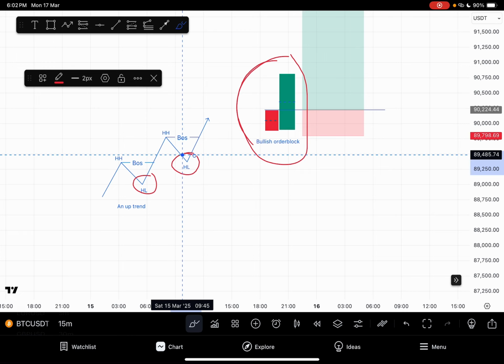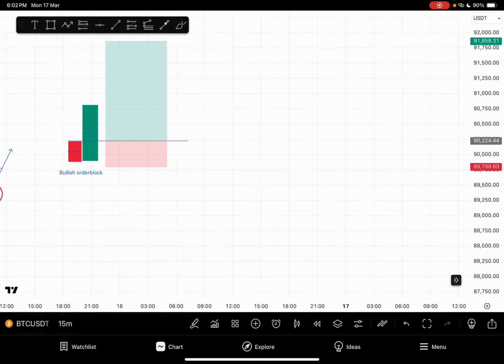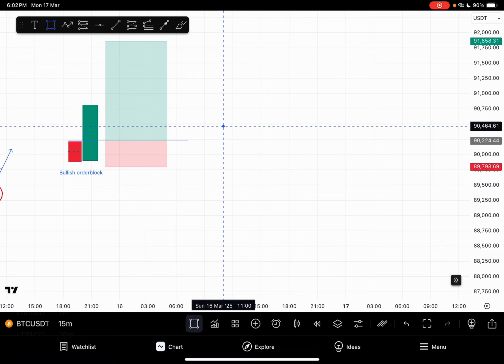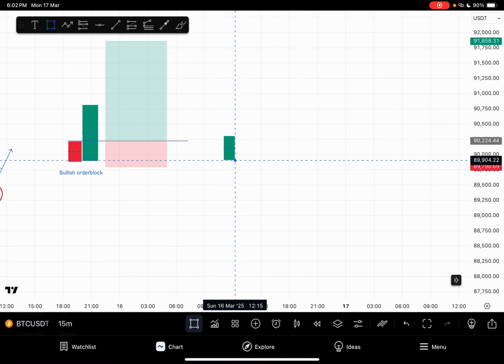So let me give an example of the other type of order block that you can also see on the chart. This is the other type of bullish order block you can always see on the chart. So firstly,